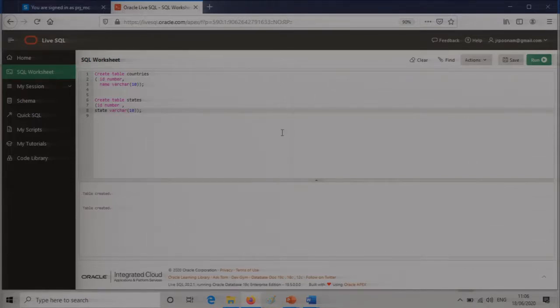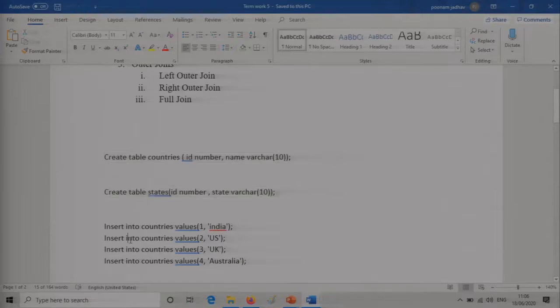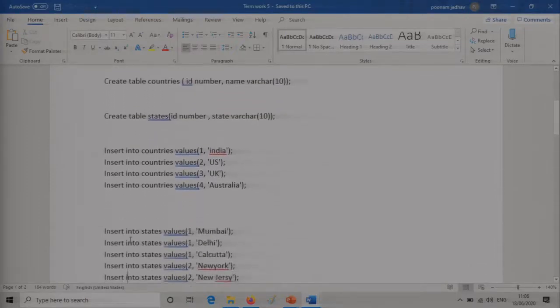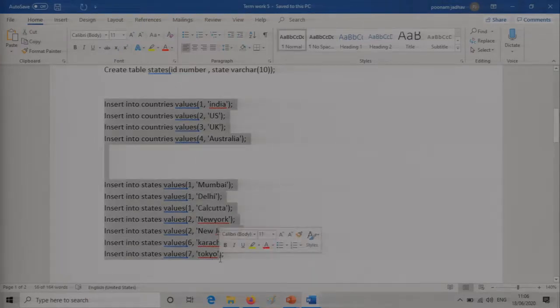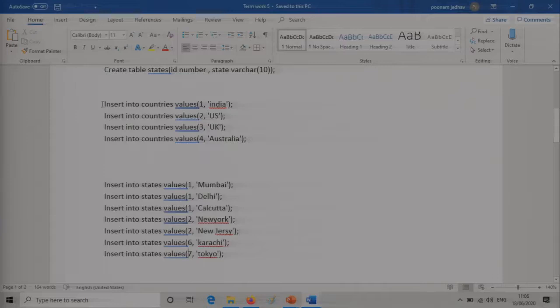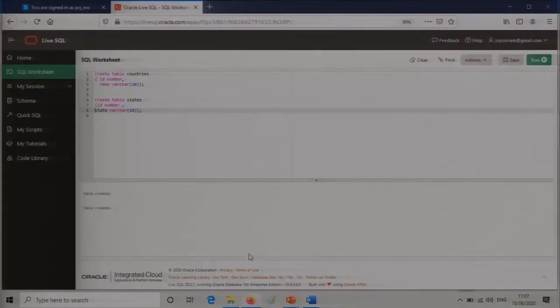So depending on the ID of the country, the state will be given. So this is our table. I have created just 2 simple tables, and now I will just paste the insert commands. Then you will be able to judge what these tables are actually intended to store.